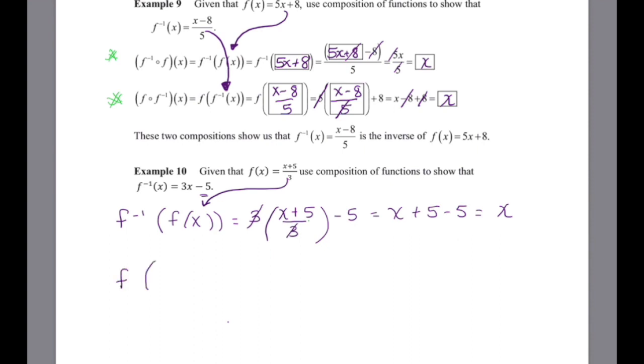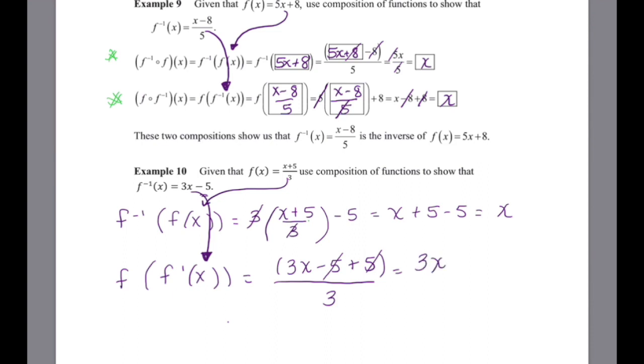Now I have to show f of the inverse function. So wherever I see x, I'm going to replace it with my inverse function into my original function. So 3x minus 5 plus 5 all over 3. Our 5's will end up canceling, and I'll have 3x over 3, which certainly simplifies down to x. So the function and f inverse are certainly inverses of one another based on composition. And this concludes our lesson on utilizing